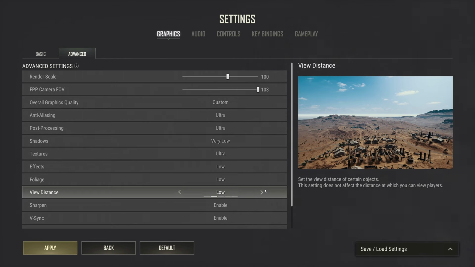Another big one that's different from last year is the view distance. Previously, I used to recommend that this setting be on high or ultra, because the higher the view distance, it would make the items load in sooner and give you dibs when you're landing in a hot drop. Unfortunately, this one had a side effect along with the effects update that caused something that we describe as loot lag,